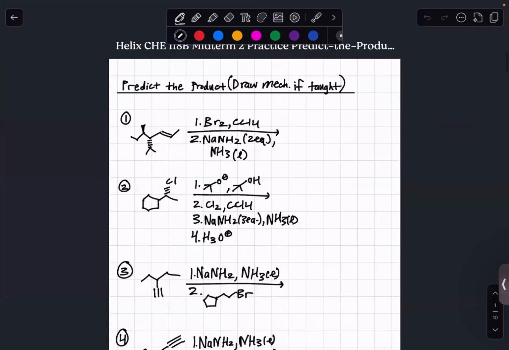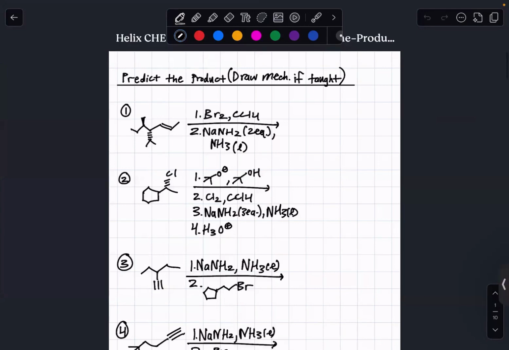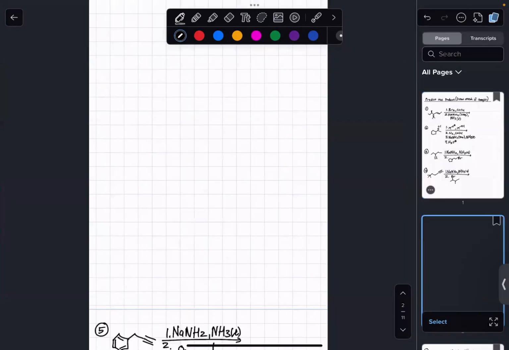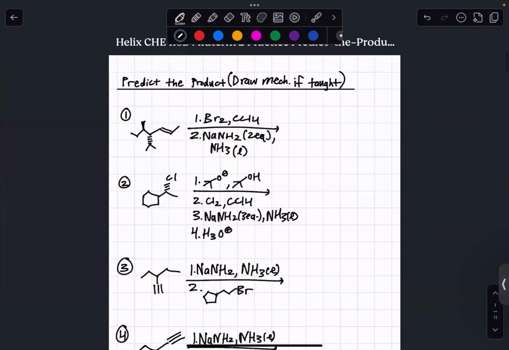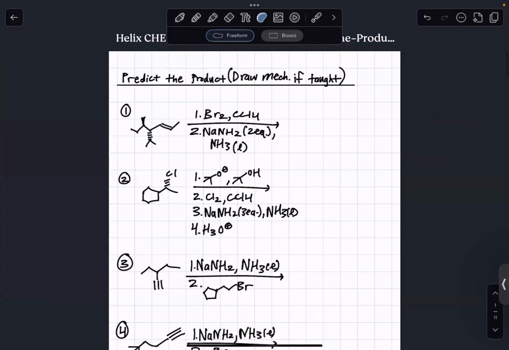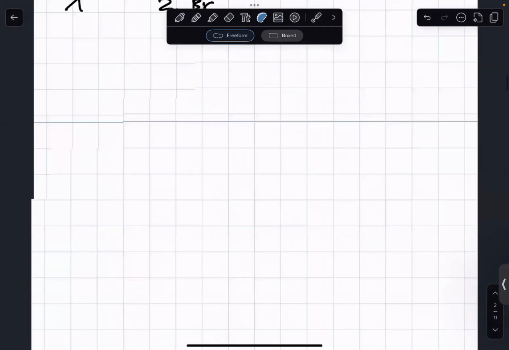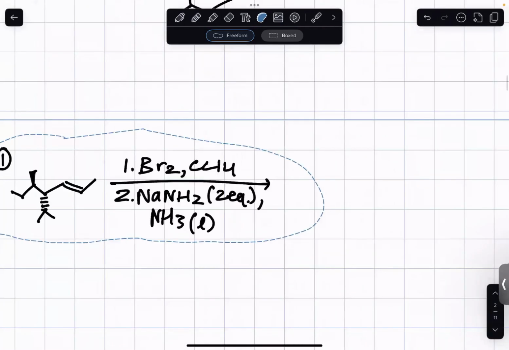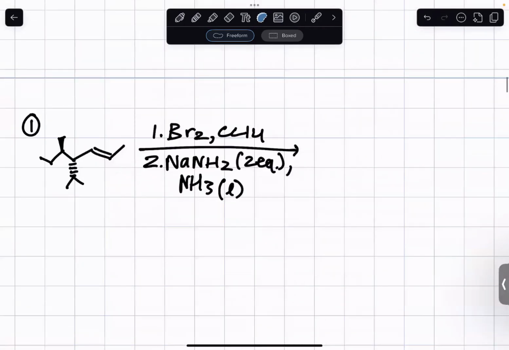Okay, so here are the predicted products. Let's do the mechanisms of these. And after these, we could work on the synthesis problems, because after we go over these, you guys will be familiar with the pattern recognition, be familiar with each reaction's transformations, and then you guys will be prepared for the synthesis problems. Okay, so we have an alkene reacting with first step Br2 in CCl4, second step NaNH2, two